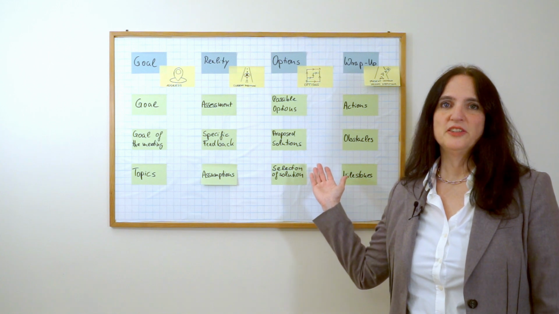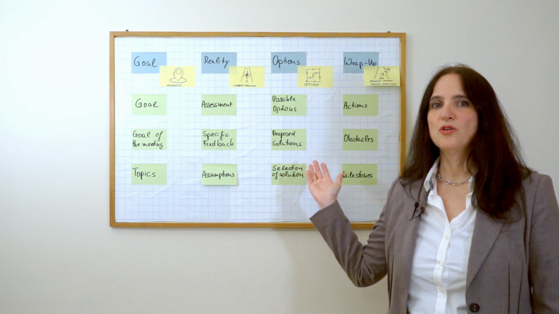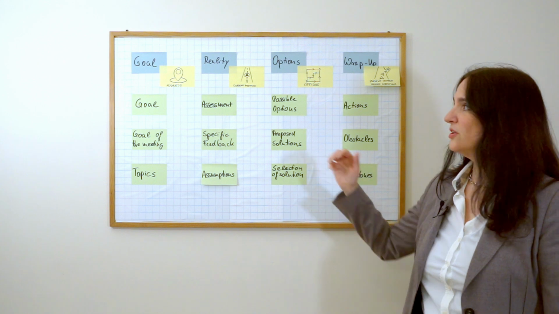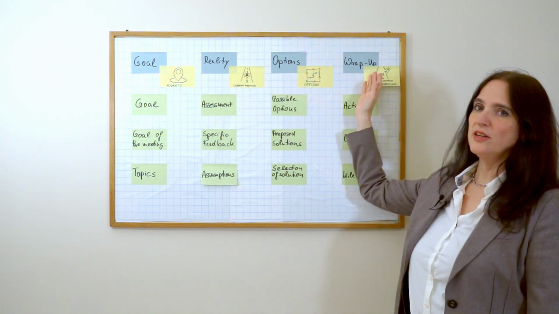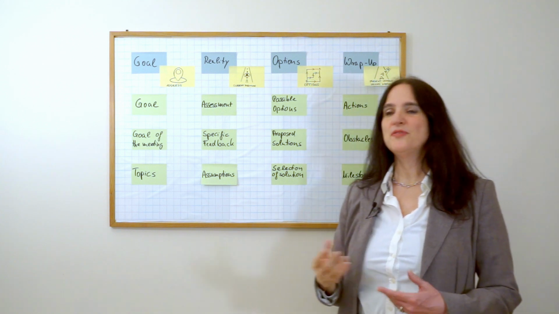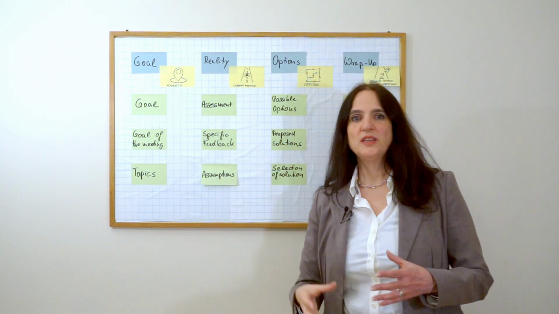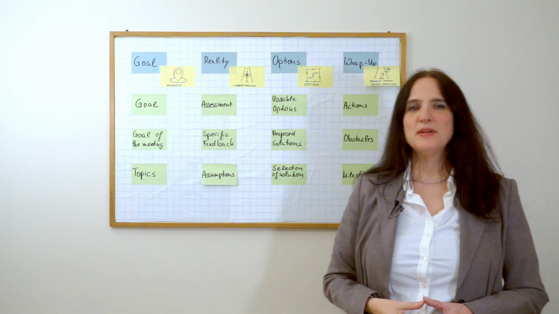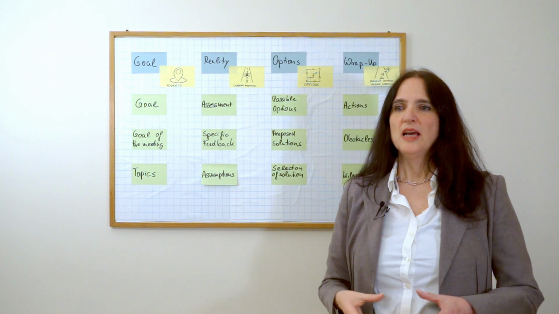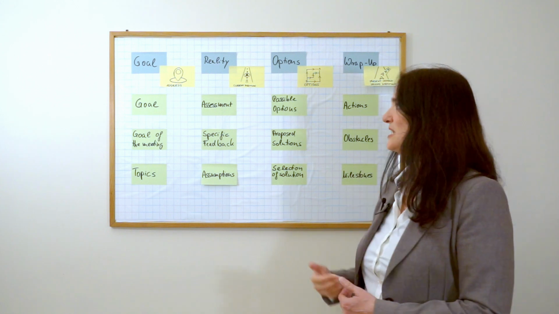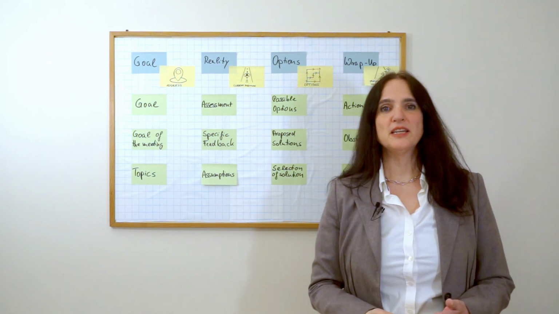On this board here, you see the overview of the GROW model. GROW stands for Goal, Reality, Options, and Wrap Up. And before I go into the details of what the individual columns mean, I'm explaining why I'm calling it the Business Navigation System. That is because when I explained the GROW model as a review technique to people,